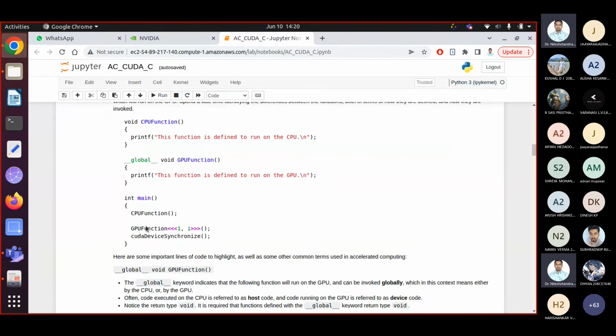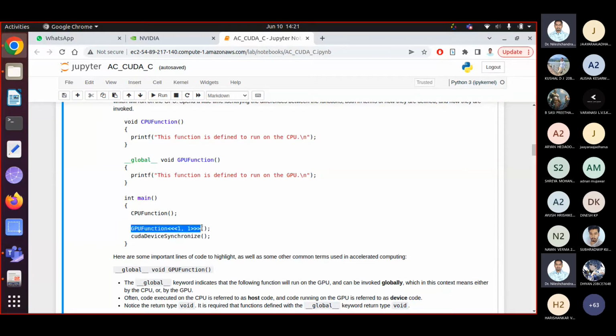Here we have the main function. Inside there are two functions: one is called the CPU function, the other is called the GPU function. As of now, don't worry about why we have this crazy syntax here, with some angular brackets. I'll explain step by step each and every parameter and why we are using them. But for now, let's understand this template. We have the main function, and inside it we are calling a function called CPU function, which is a normal C function.